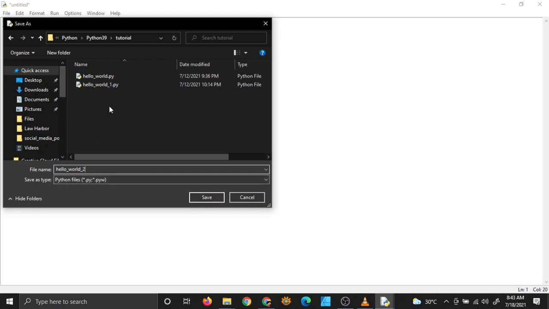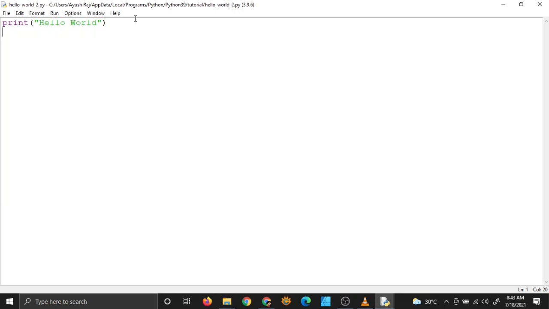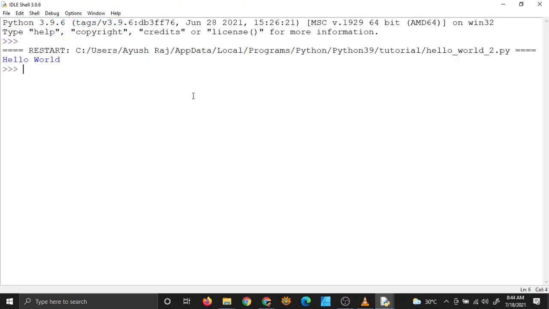The extension should be .py, but you don't have to worry about that here because the extension is already written here. Right, so click on save and you have saved your file. Now you can run this program. Just go to run and click on run module. So now your program has run and you are seeing the output here, hello world.